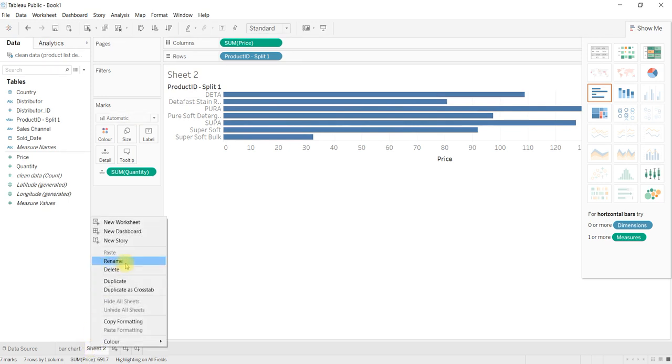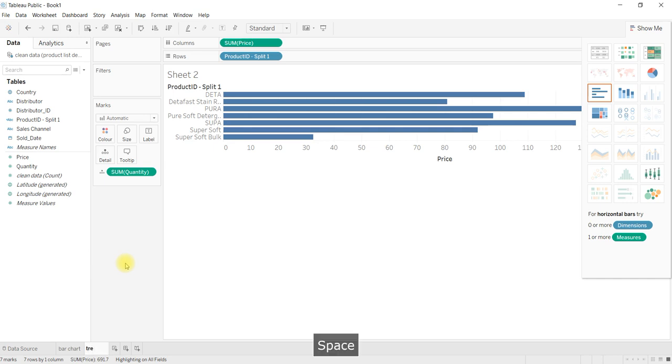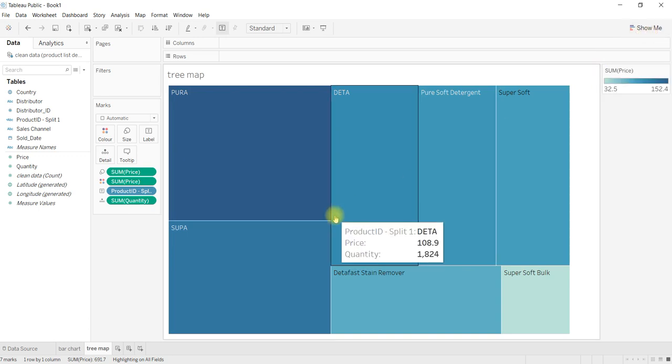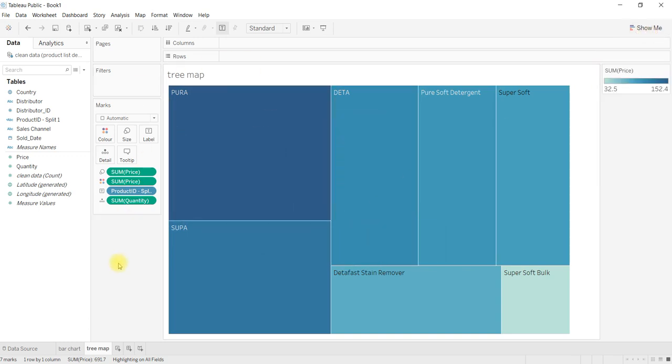Right click, rename into something like tree map. We'll change this one to tree map here. This is how we can insert new sheets in worksheets in Tableau.